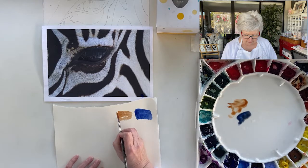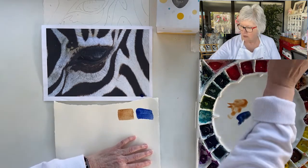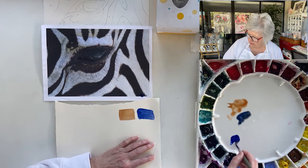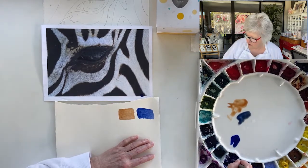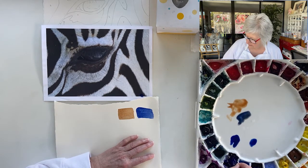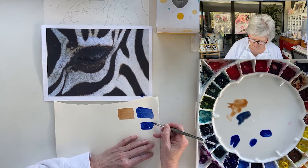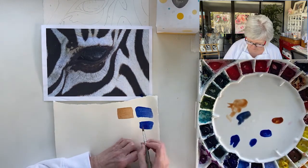Now with those two colours, I can get a really, really dark black, but I can vary it so that sometimes it looks bluer and sometimes it looks browner. Now to get it to be really dark, you can't use tea or milk consistency paint. It's got to be creamy. Now creamy means you still need a damp brush to be able to get paint to release. So it's always going to have some water to carry it. But this is cream consistency. Then if I put the brown in with that, also in cream consistency,